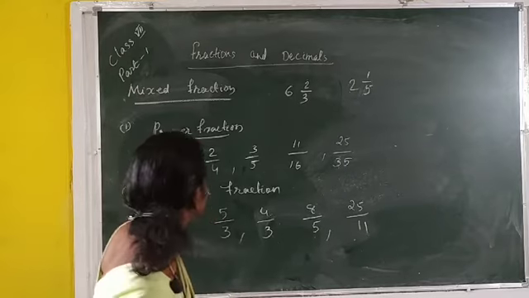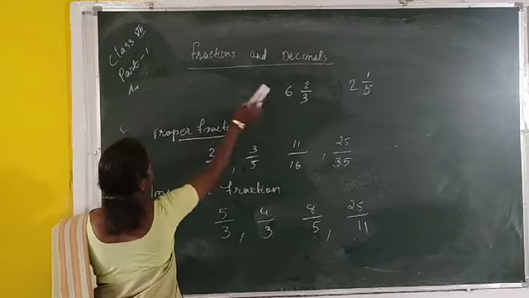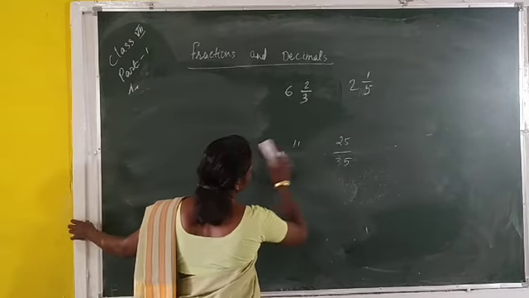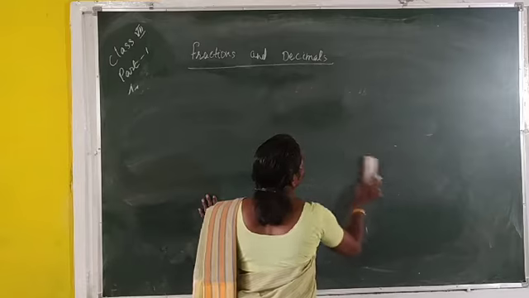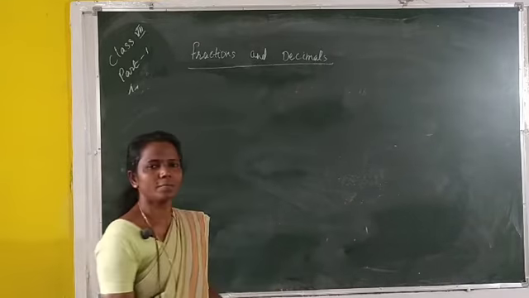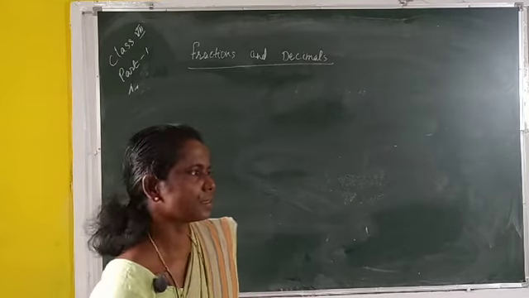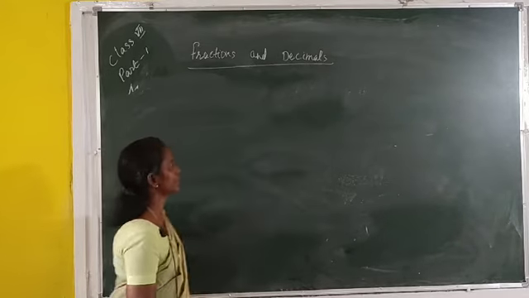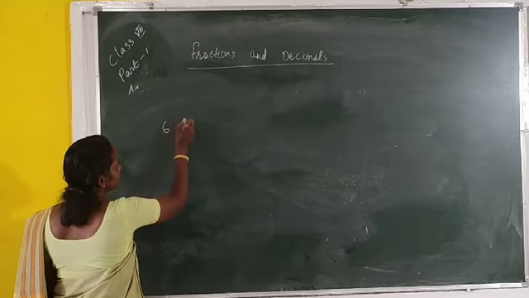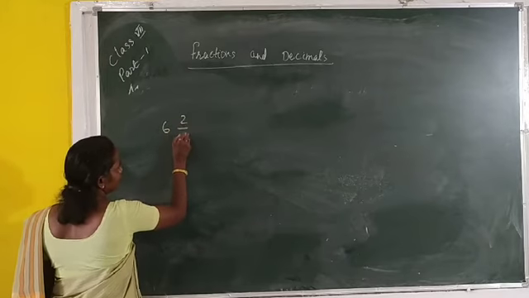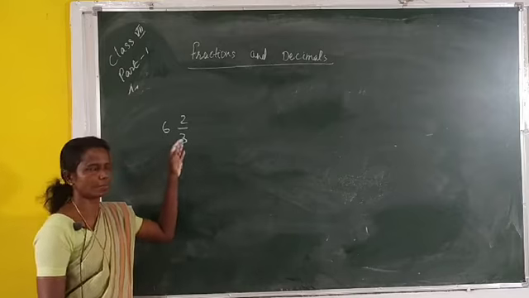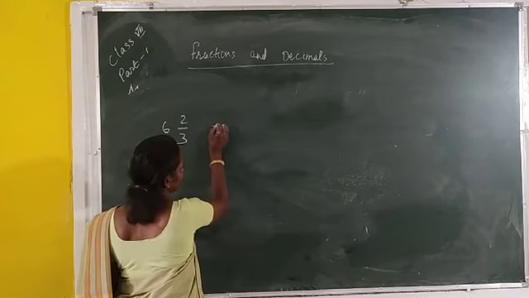The next: a mixed fraction is given. We can convert this mixed fraction into an improper fraction. For example, 6 2/3. This 6 2/3 converts into an improper fraction. Then how to convert? Its formula, look,